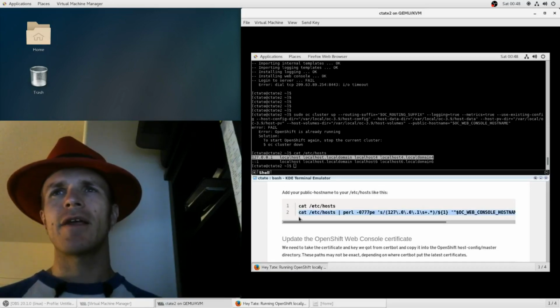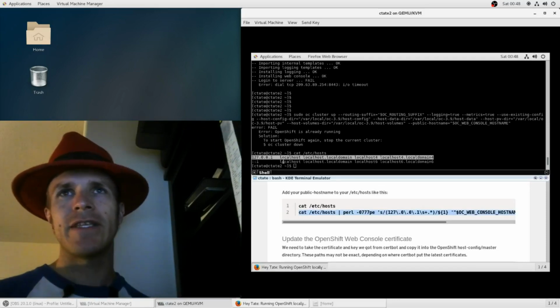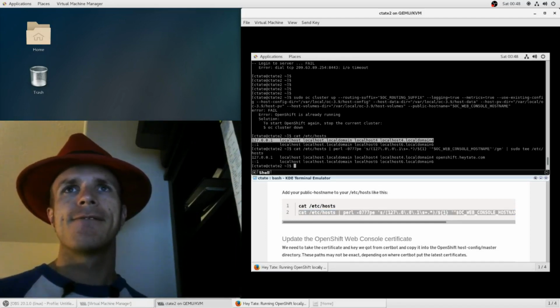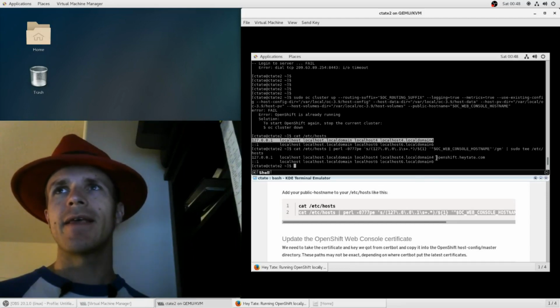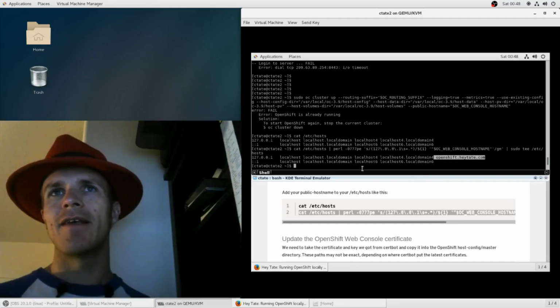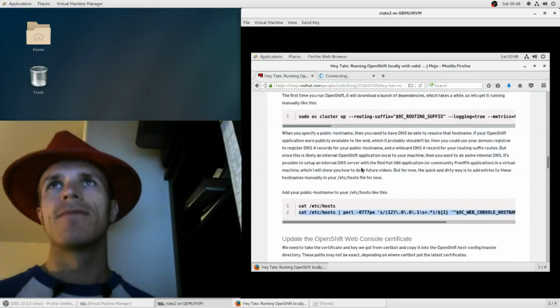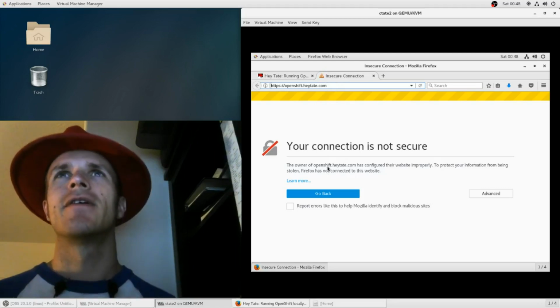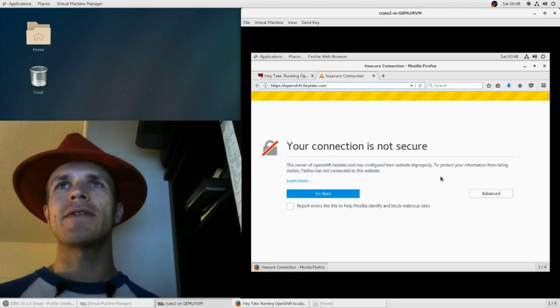And then here we can update it with this fancy Perl command. And what we get is openshift.tate.com at the end. So now, when we go back here, instead of spinning in circles, this resolves and it